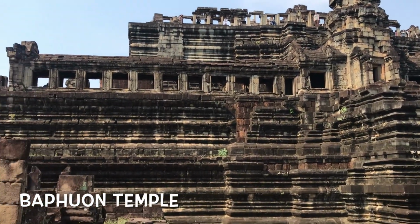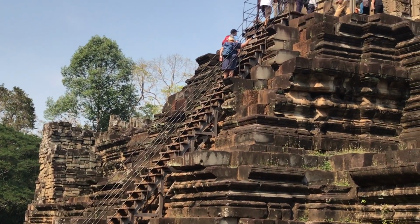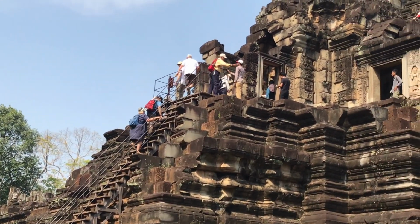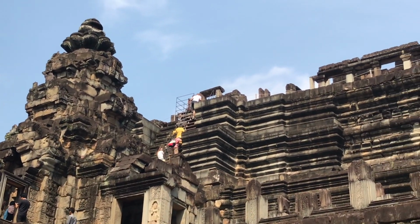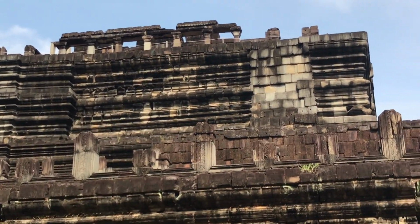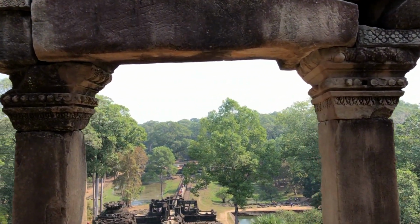Next, we have the Baphuon temple. It's majestic, although it hasn't got any very elaborate carvings like some of the other temples. It was built in the mid-11th century, dedicated to the Hindu god Shiva, built by the king named...